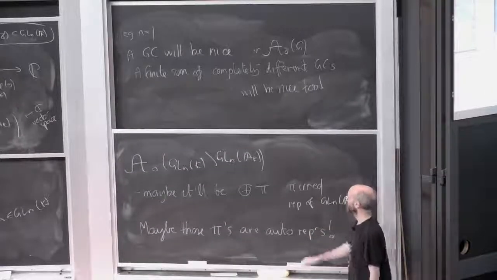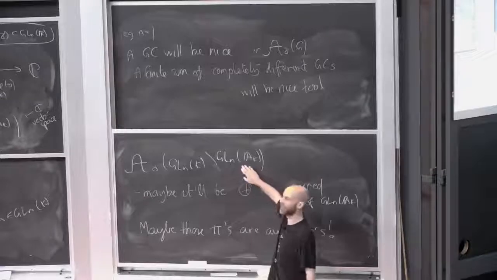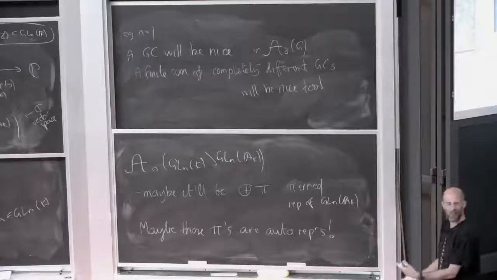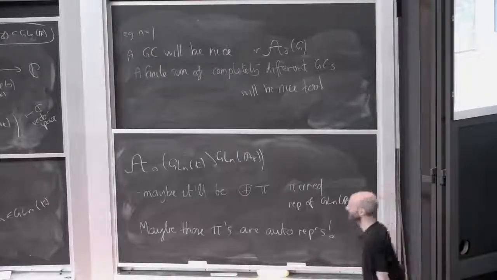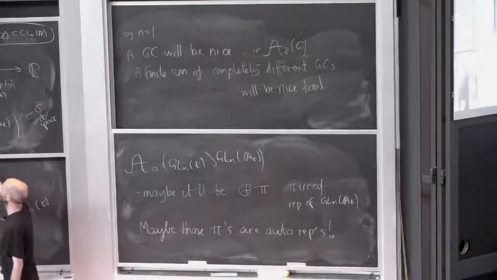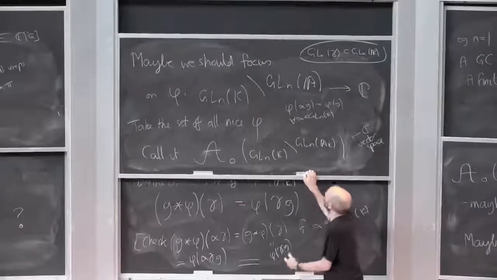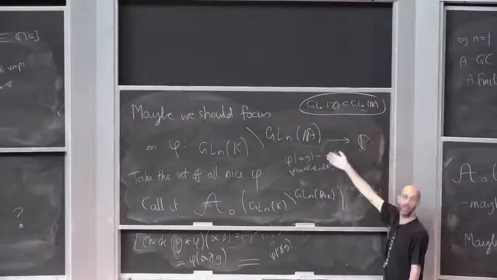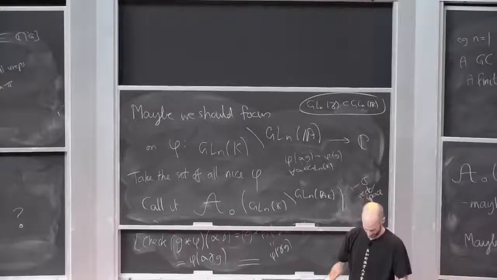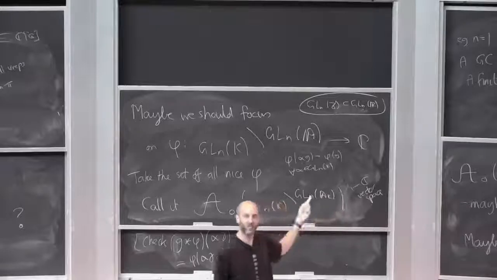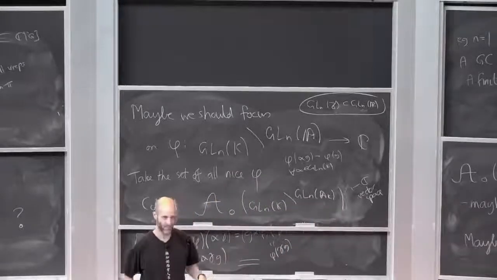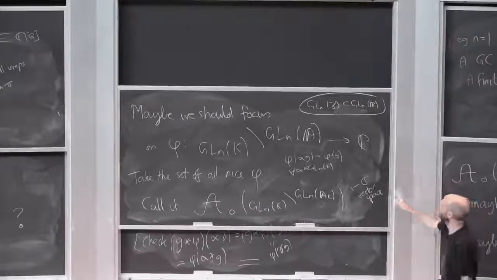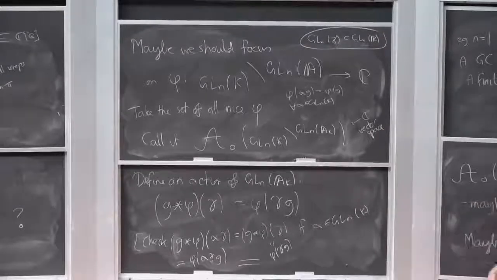What I've tried to stress is that we mustn't just look at random representations. We need to look at representations that have a certain magic property that nobody really understands. Okay? And that magic property is behaving very well under GL_N of K. So, as an example, we're going to have to think of functions on GL2 of the reals which are well behaved under GL2 of Z. But GL2 of the reals kind of acts on the upper half plane. So it's kind of interesting, isn't it, that there are functions on the upper half plane that are kind of invariant under GL2 of Z in some nice way. And so you can kind of see that maybe modular forms will have something to do with this. But anyway, we're getting there.